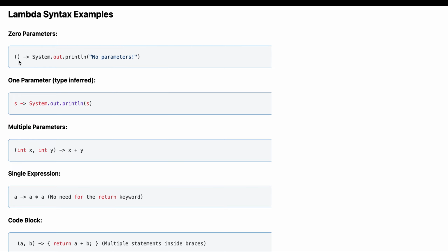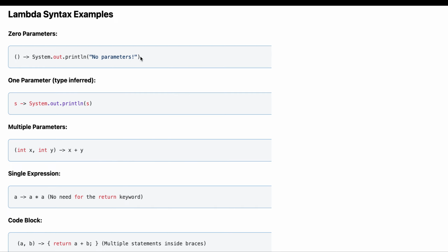So let's say we have a lambda expression, or you can say the function without name, which does not have any argument. So that would look like this. We need to provide this parenthesis because that is the syntax of the lambda. But here let's say we don't have any argument. In those kinds of scenario, we need to provide empty parentheses here. So then arrow, and then here we need to provide the body of the lambda.